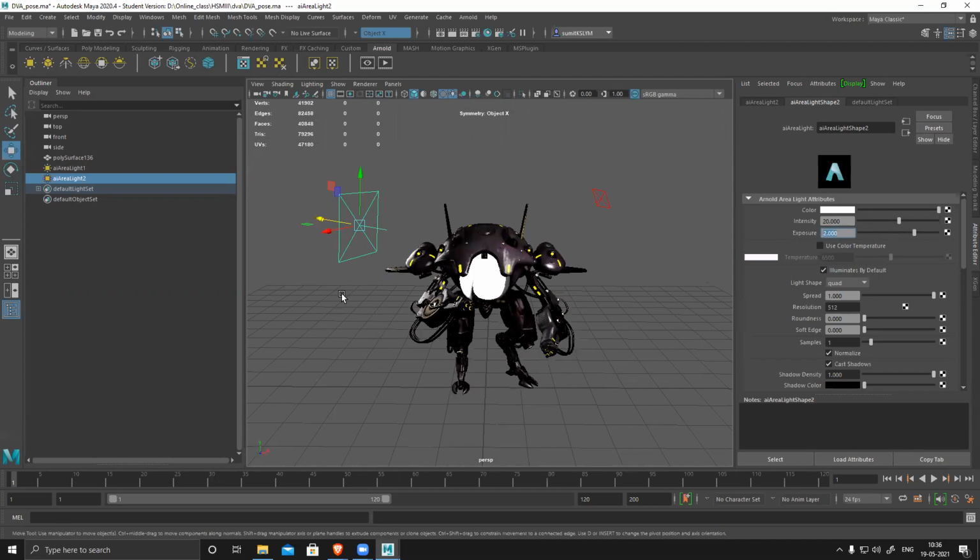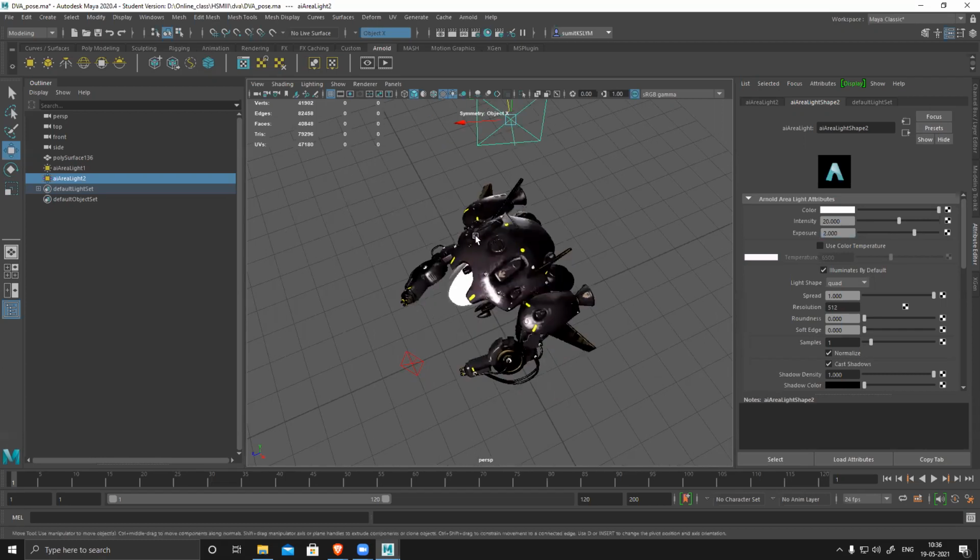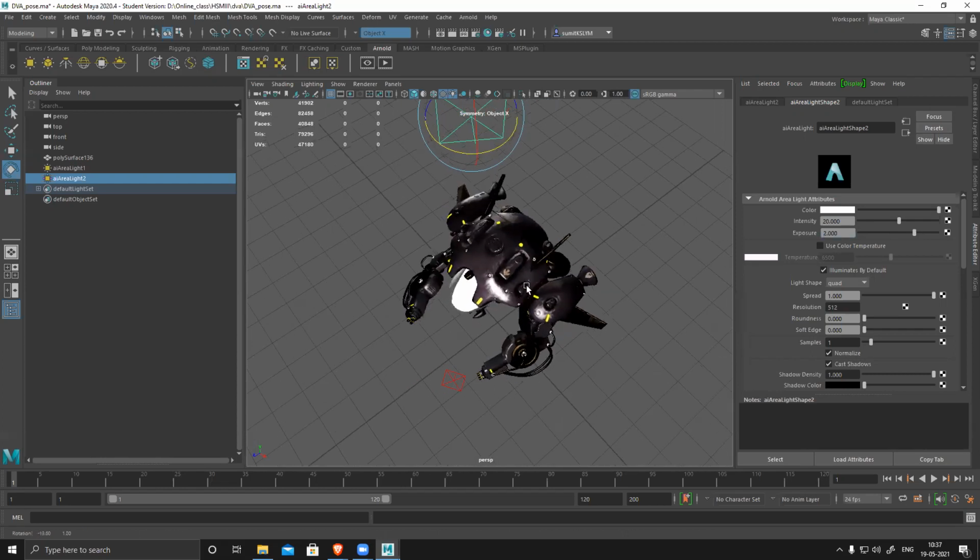The basic lighting setup is called, we have a rim light, we have a main key light, and we have a fill light. So this is my rim light, this is my main light, and now I need a fill light because this light is coming from back, this light is coming from the front. So this area will become dark in color and it will have less light here.